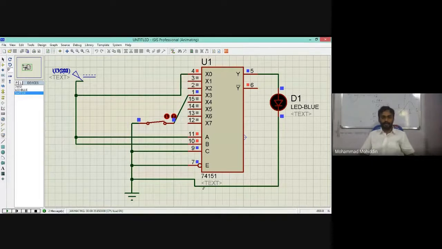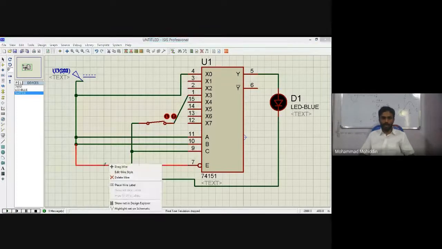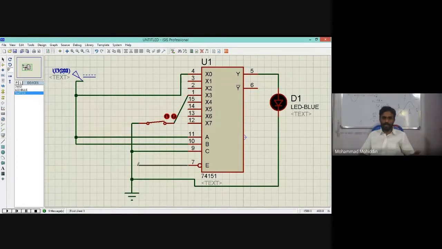Okay. Now this is enable. Enable must be 0. If you make enable 1, it won't work. You see, I made enable 1. So it doesn't matter, it doesn't work. See, the LED is always off. It doesn't work. So enable should be 0 and a particular selection line should be selected. Okay.